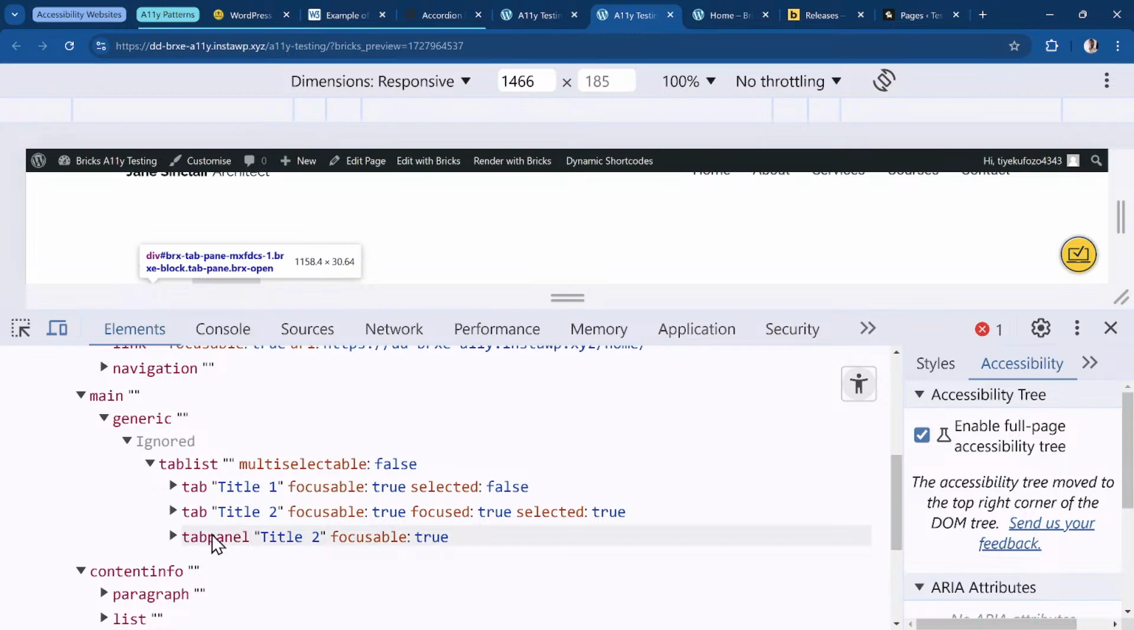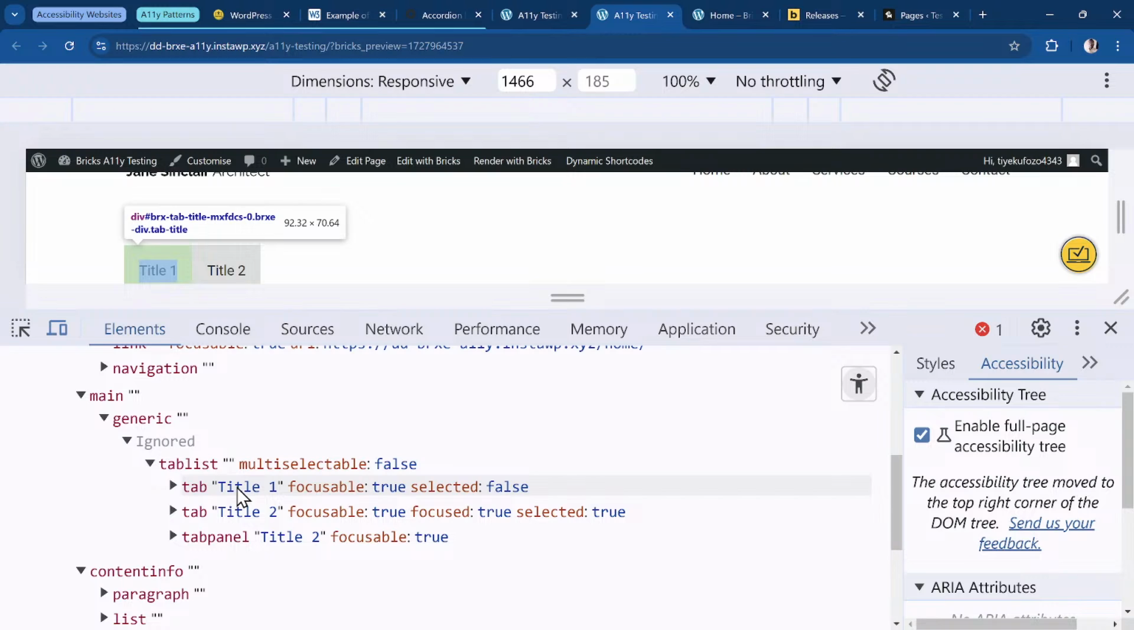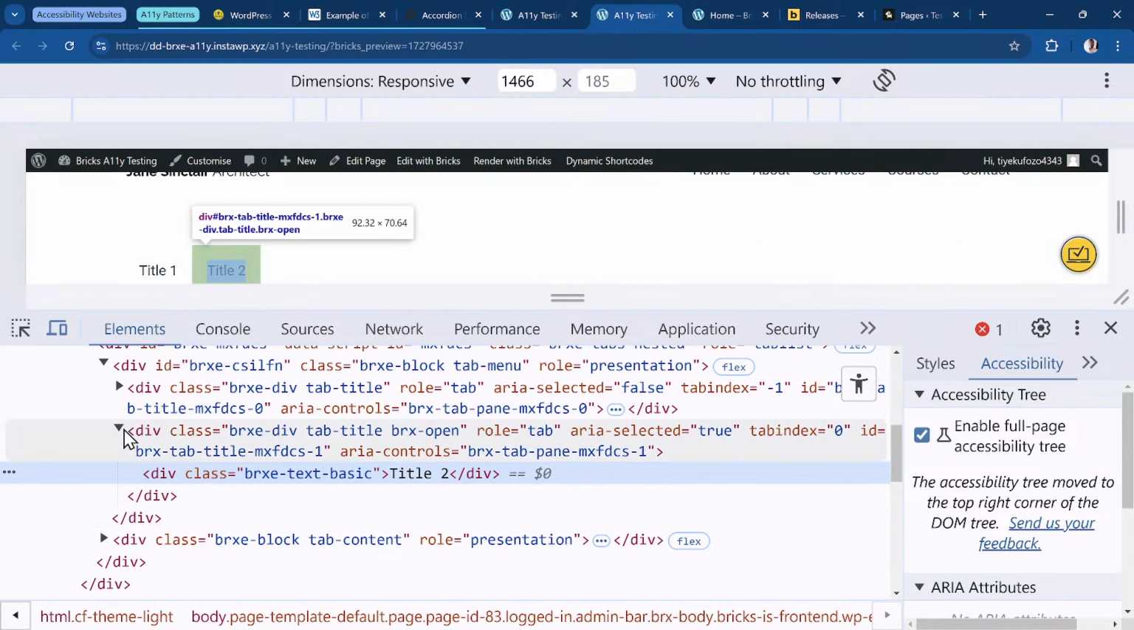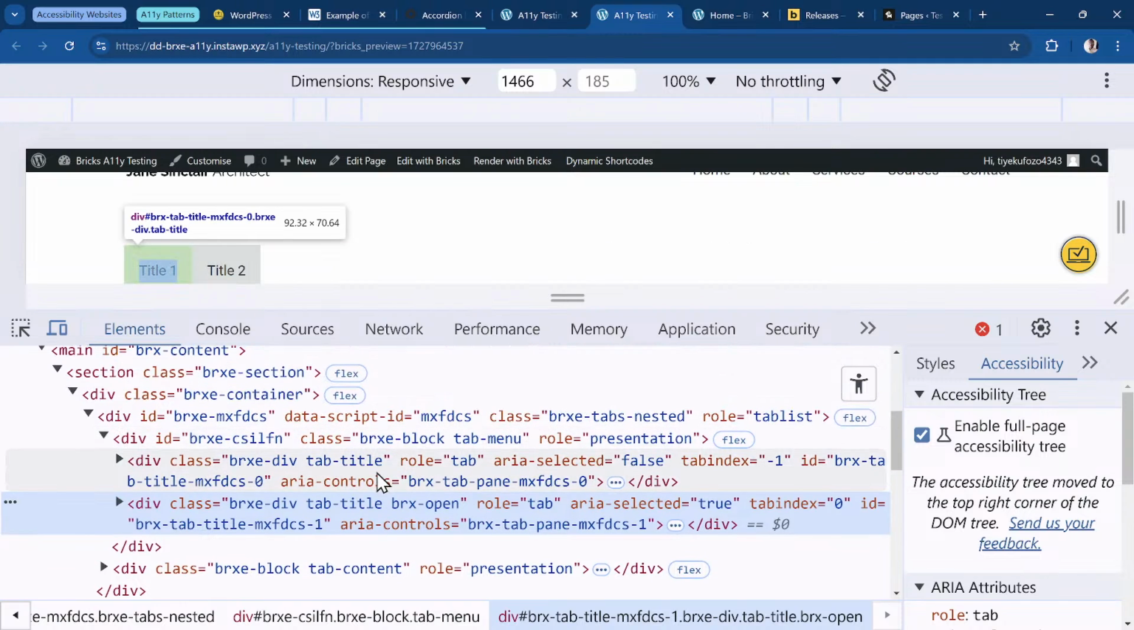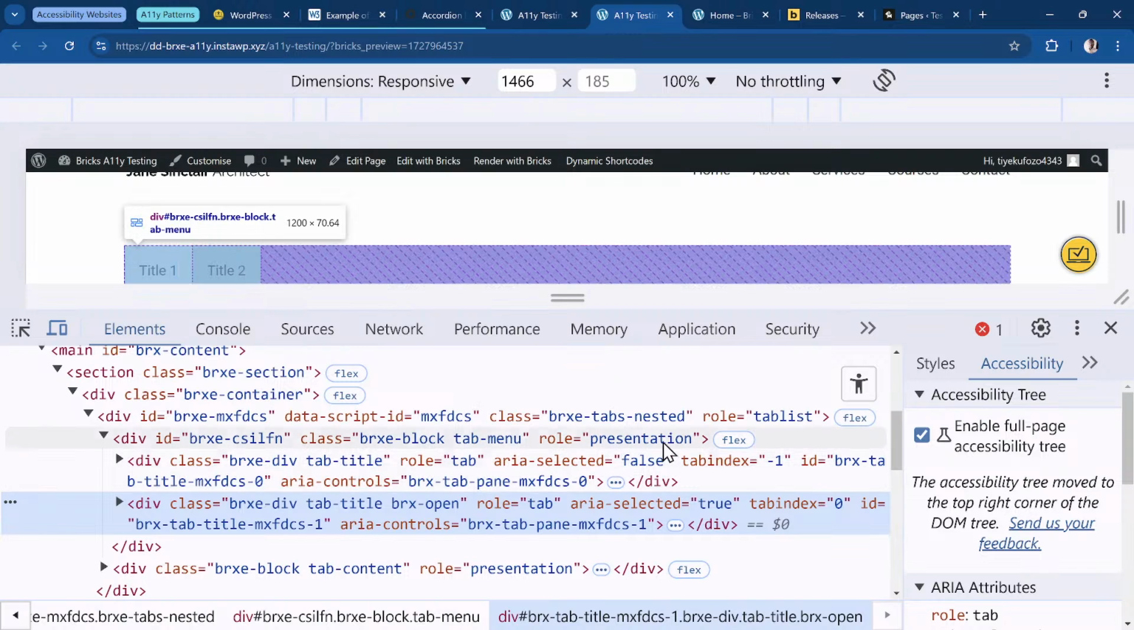The tabpanel is having the label, which goes back to the tab. Let me look at it. So we have aria-selected. Yeah, that's it. They are using role equal to tab and then aria-selected, and the tabindex of -1. So I think everything here looks okay. This role equal to presentation is useless. It's not needed